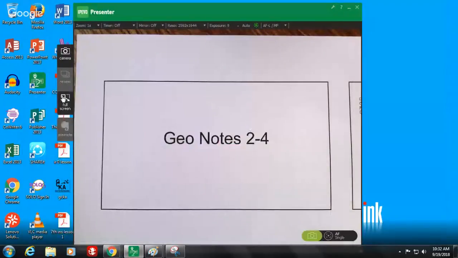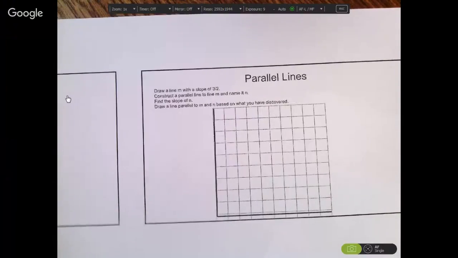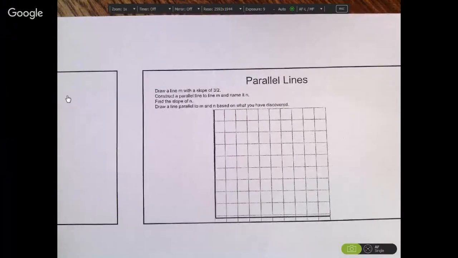We're going to do 2.4 notes. So you guys have already started to look at this, and really I wanted you to figure out the rules, and you might have seen them last year, but the rules that we're going to be using today,